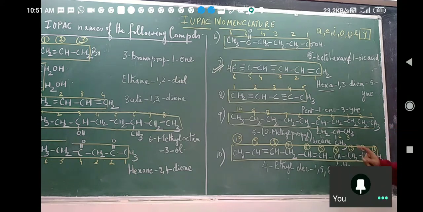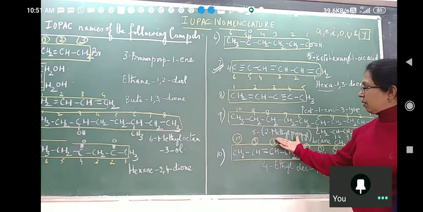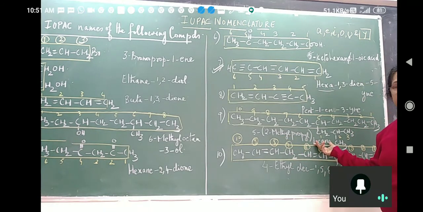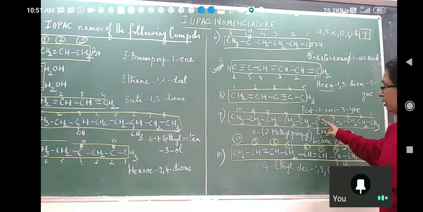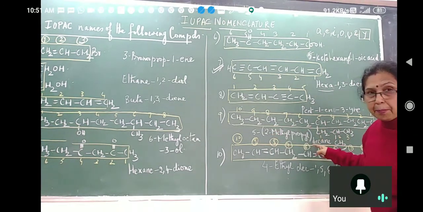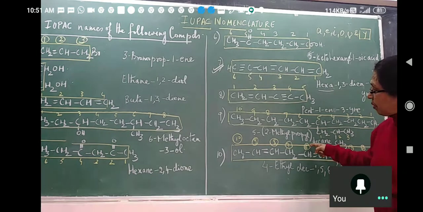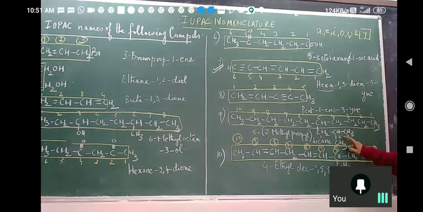Okay? Propyl. And in the propyl chain, at the second carbon atom, we have a methyl group. Now see how I have written this. On a straight chain of 10 carbon atoms, at the fifth carbon atom, we have a side chain. Side chain is always written in simple brackets. These are simple brackets. So I will put a hyphen here. 2-methyl. At the second carbon atom we have a methyl group, on a chain of 3 carbon atoms. So 5-(2-methylpropyl)decane.